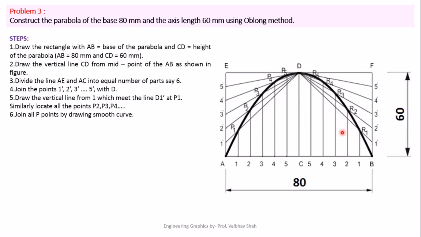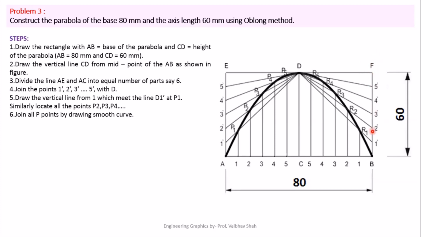So for that what we'll do is we'll be dividing CB and BF into the same number of equal parts. So we are dividing this portion into once again 6 equal parts. Why 6 parts? Because we have taken this portion into 6 parts. That means we have to compulsorily divide this portion into 6 parts. So let us start numbering from this B point as a 0. So this is 0, 1, 2, 3, 4, 5 and 6. Obviously 6 point would be your point C. Now let us start from 0 here, from B, 0, 1 dash, 2 dash, 3 dash, 4 dash, 5 dash and this must be your point 6 dash which is nothing but your point F in this case.